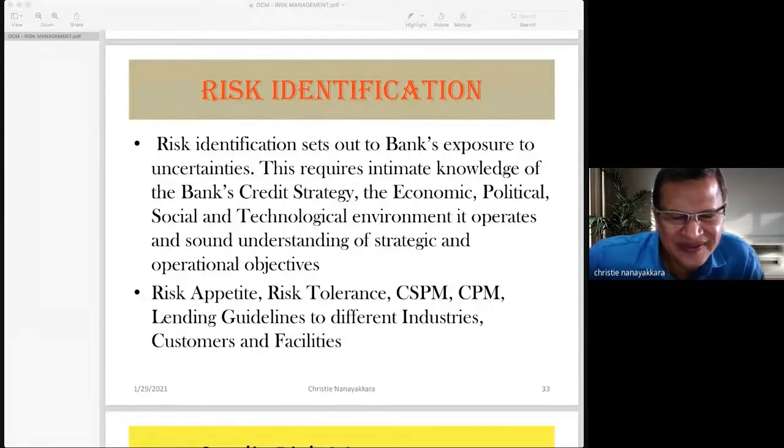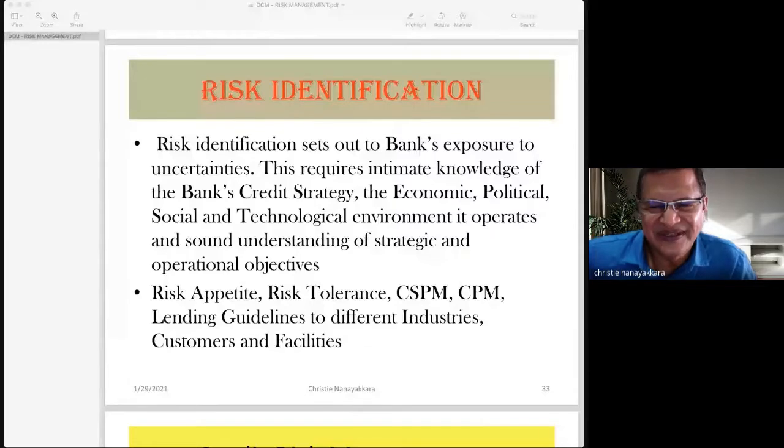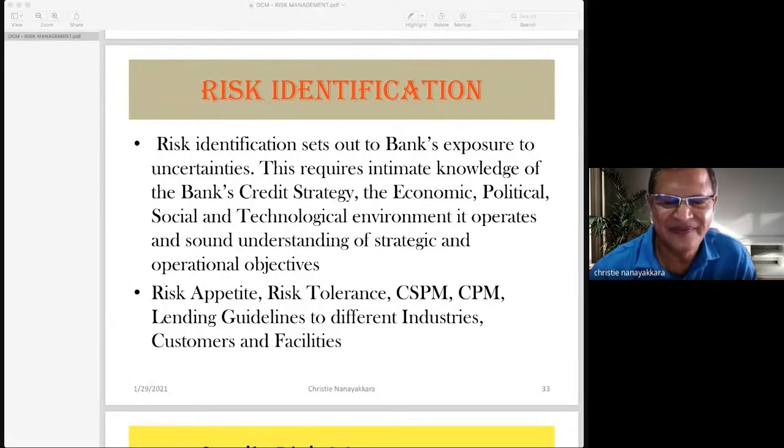Similarly, you must also know the content of the credit standard policy manual, credit procedure manual, lending guide, and identification of a customer. So I think credit staff, the staff in the